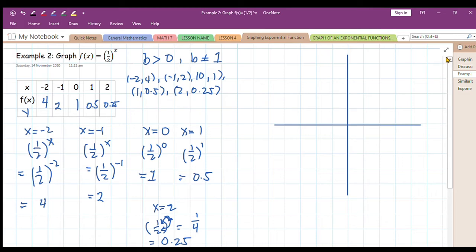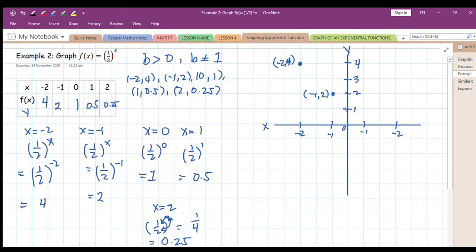It is like this. This is our y-axis and this one is the x-axis. Okay, now let's plot negative 2 and 4 first. So right here, that will be our negative 2 and positive 4. Next, we have negative 1 and 2. It's negative 1 and then 2. Next, we have 0 and 1. So this will be our 0